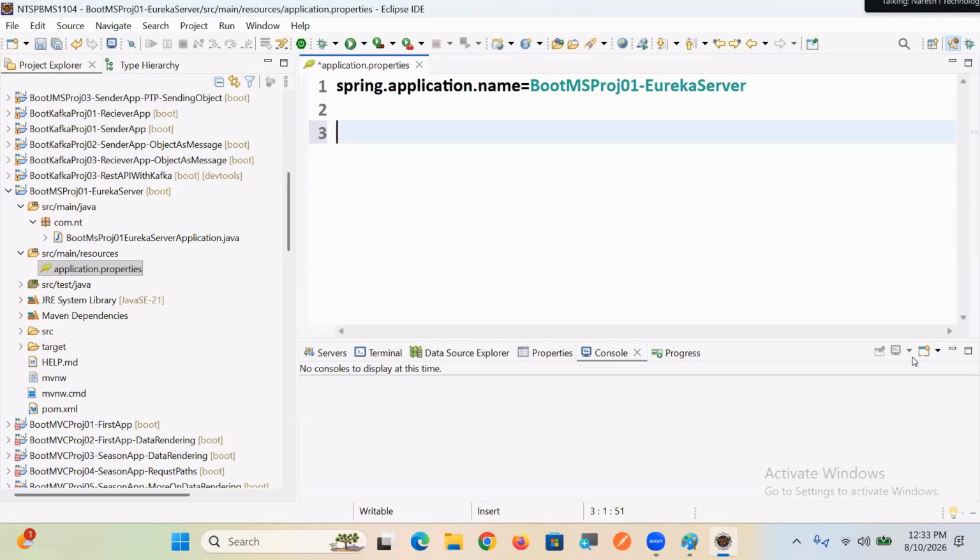Remember, server.port when web starter is added will be used for the embedded server, Tomcat kind of. Server.port in a Spring Data JPA application will be used for the embedded database if the H2 starter is added. If web starter is added, embedded server. If H2 starter is added, embedded database. Server.port in a Eureka server project will be used as the port number of Eureka server if the Eureka server starter is